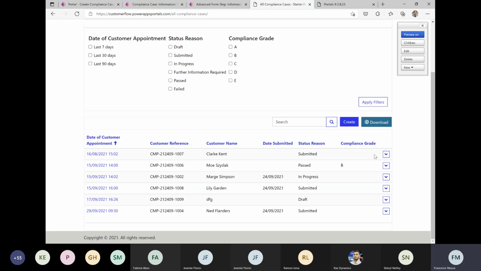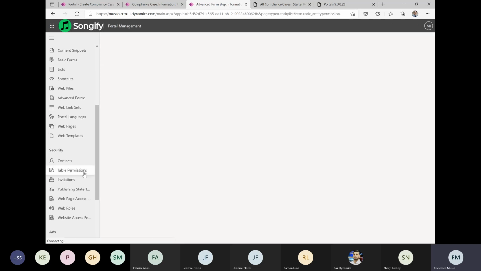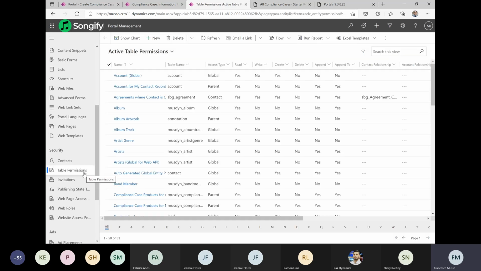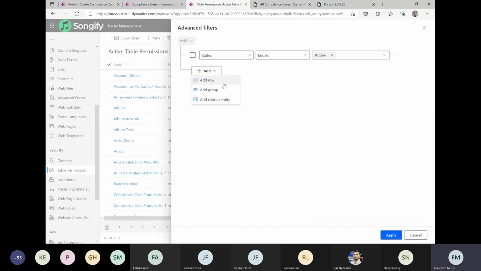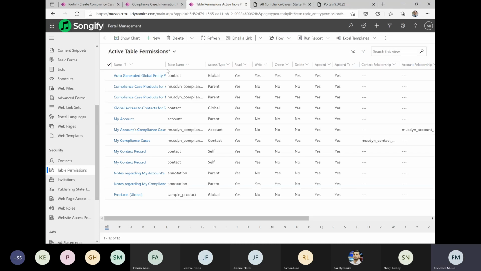So our permissions, I'll try and squeeze this into like 30 seconds, but the permissions, we can set by table. And this again comes into that design. Let me quickly show you what I'm talking about. I'll choose this starter portal. So I'm saying which table I'm securing access to,